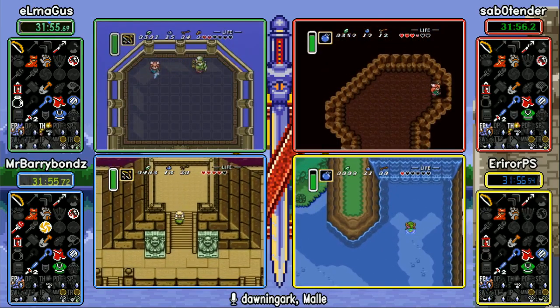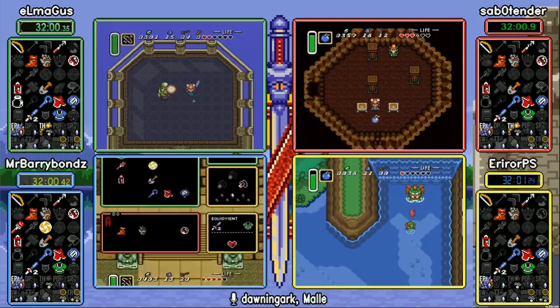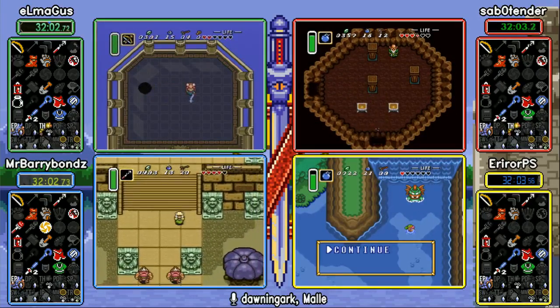No, flippers can't be, because flippers are logically required to do... I was just not eliminating that from the list. Ice Palace. It could be flippers. Flippers could be on the pedestal. What else could be on the